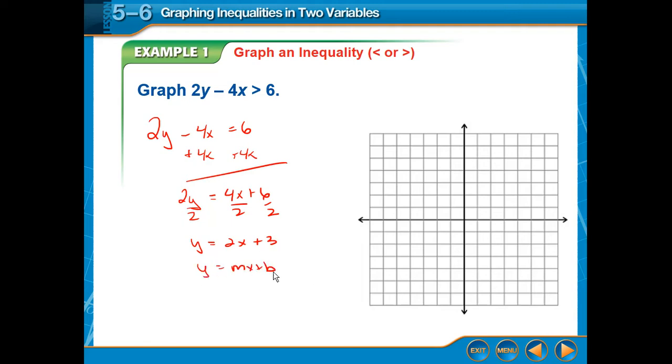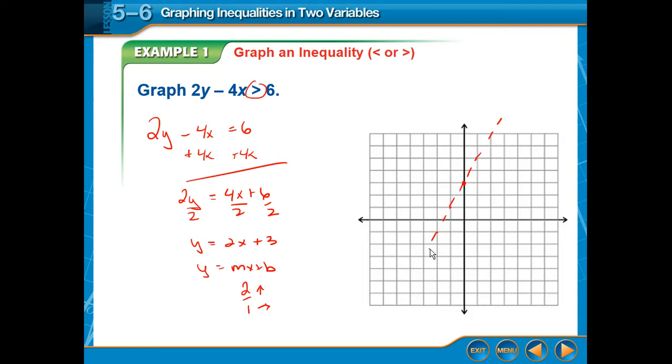So b, which is 3, is my y-intercept. So that's going to cross there, and my 2 is my slope. That's the same thing as 2 over 1, so it means it goes up 2 and forward 1 from this point. So up 2, forward 1, and it follows that pattern. Now, because our inequality is a greater than, it doesn't have that or equal to, that means it's not including our boundary. So we're going to do a dashed line